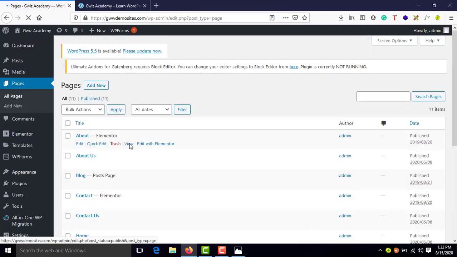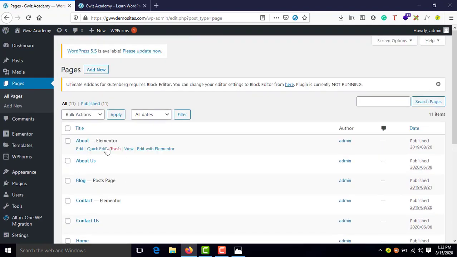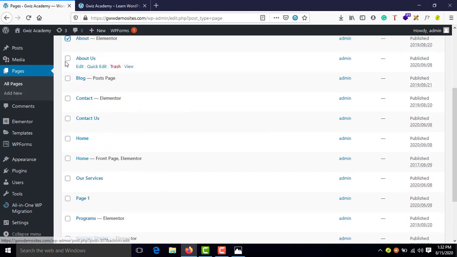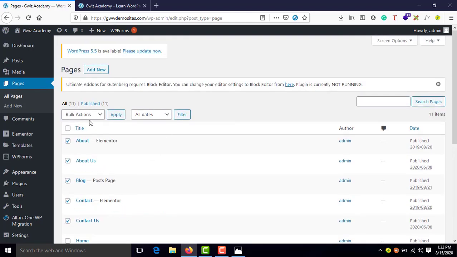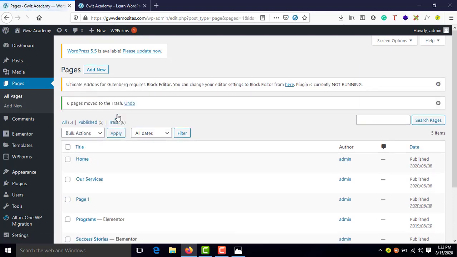And suppose that some of my developer or my client have deleted some important pages like about us and blog, contact, and also home page, right? So let me delete all these pages. I'm just deleting to show you how to restore the website if something goes wrong, so you don't have to delete it, right? Hope you understand.